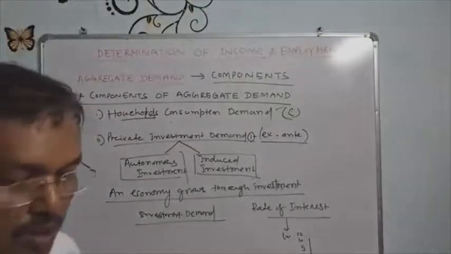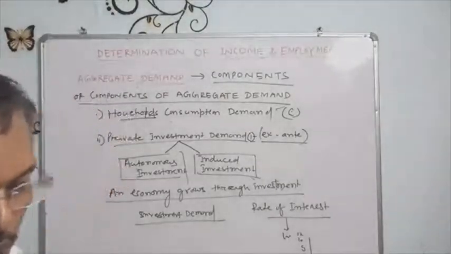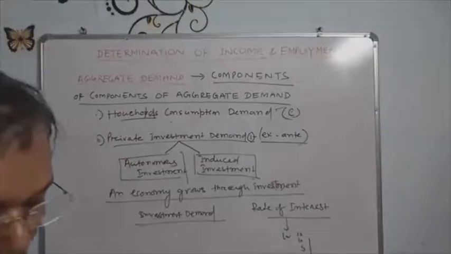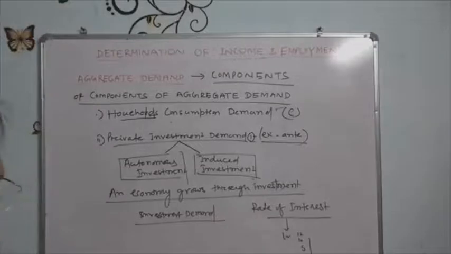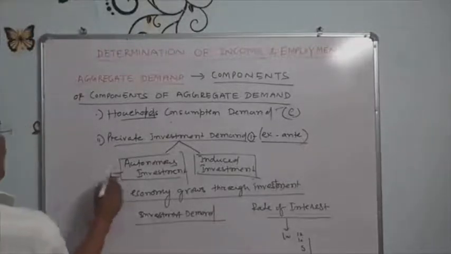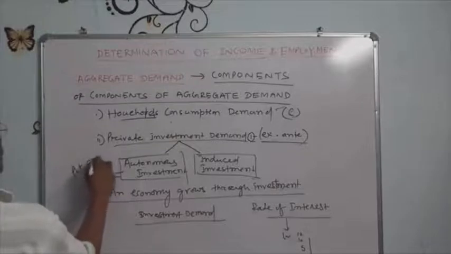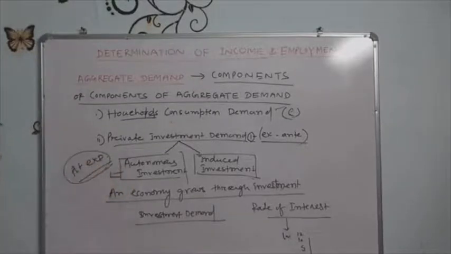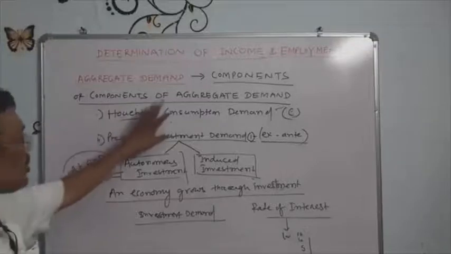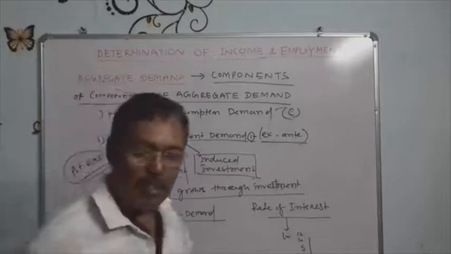So investment is of two types: one is autonomous investment, another is induced investment. But all private investment expenditure is assumed to be autonomous investment. All private expenditures are known as autonomous expenditures. Assumed. So the components of aggregate demand: first is